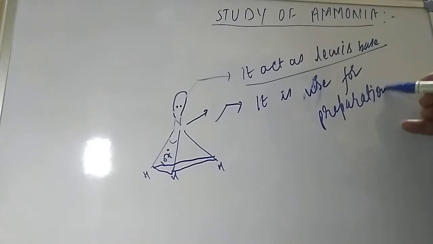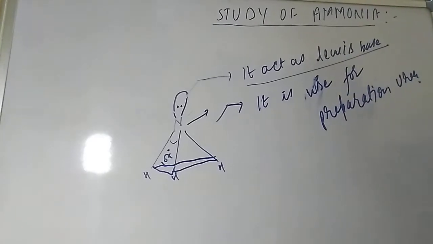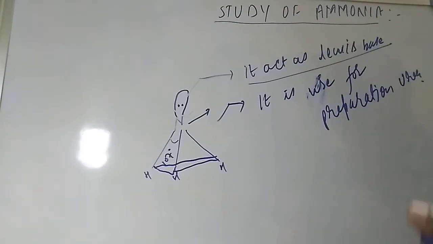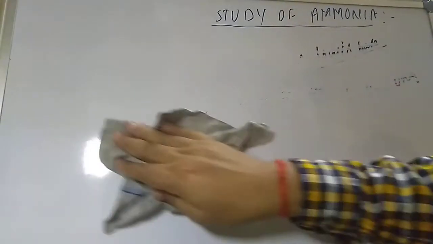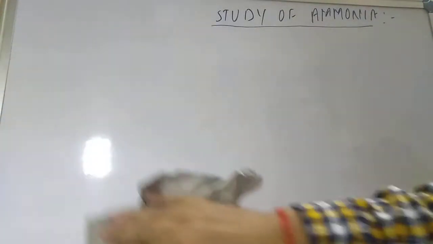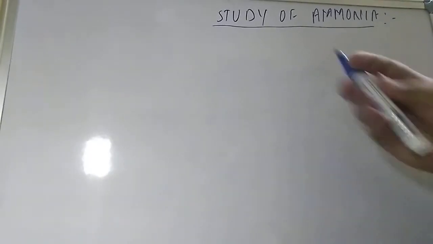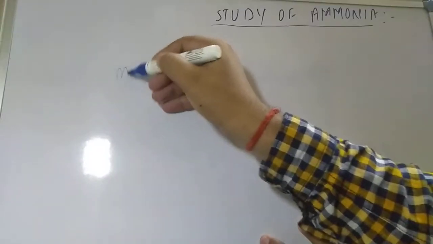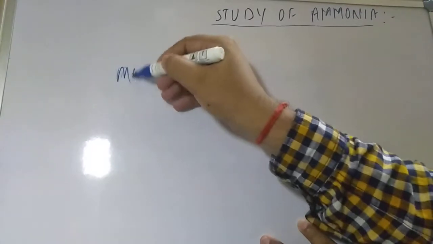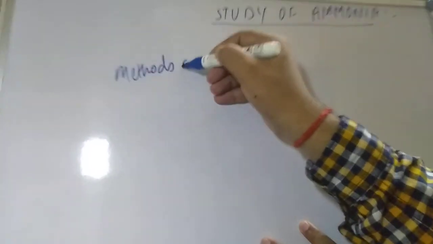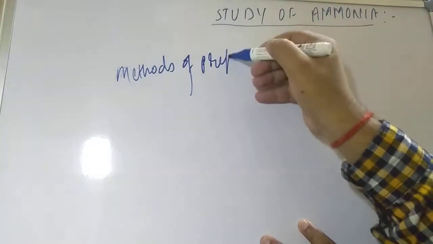So ammonia is very important. The basic use is as a base, industrially, and secondly it is used in the preparation of urea and some amide compounds also. Now let us see the methods of preparation of ammonia. So our heading will be methods of preparation